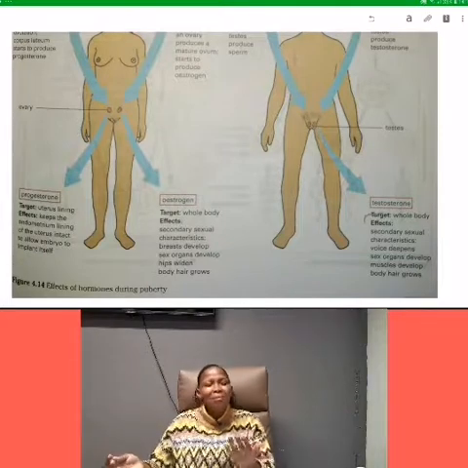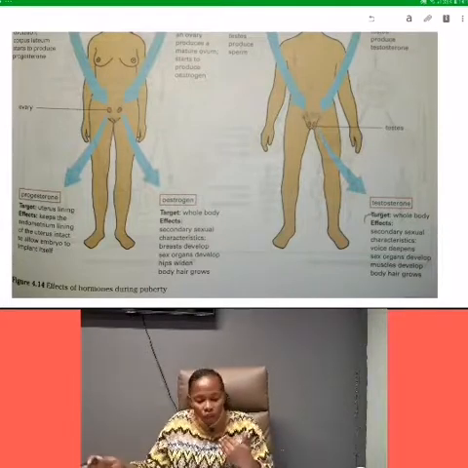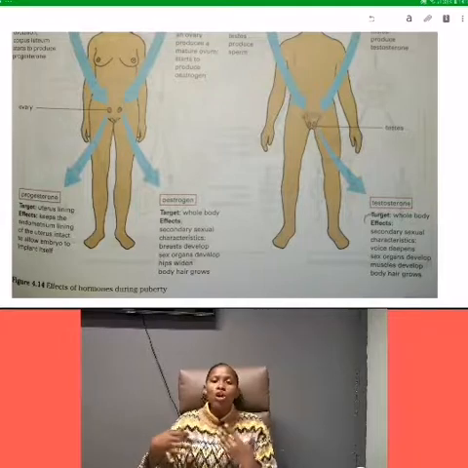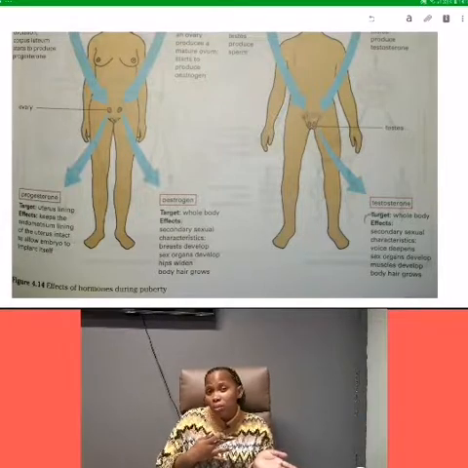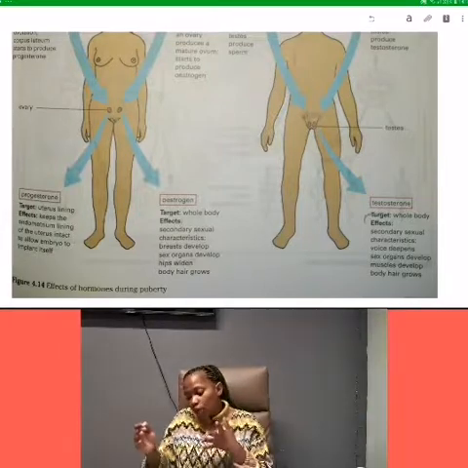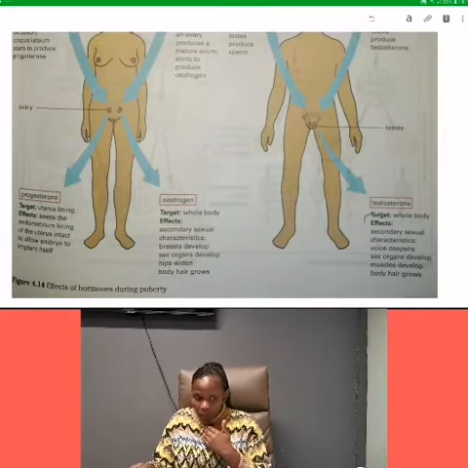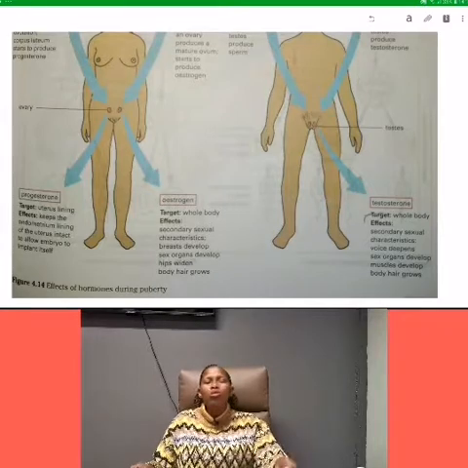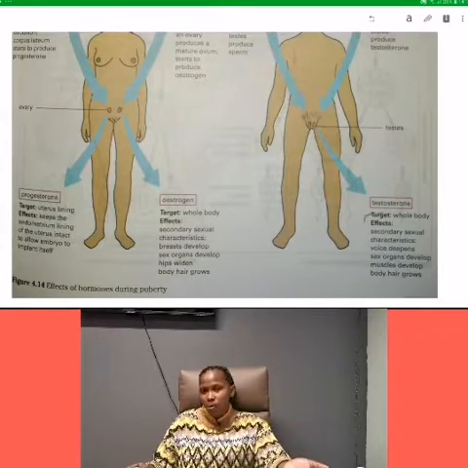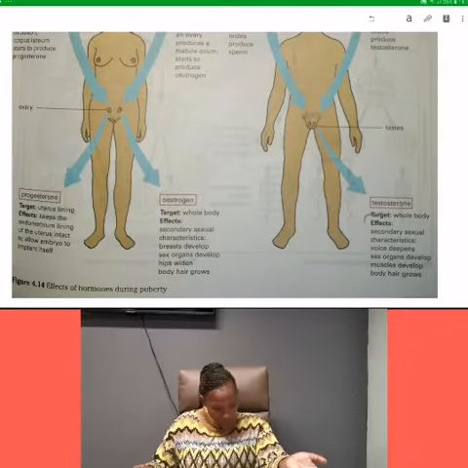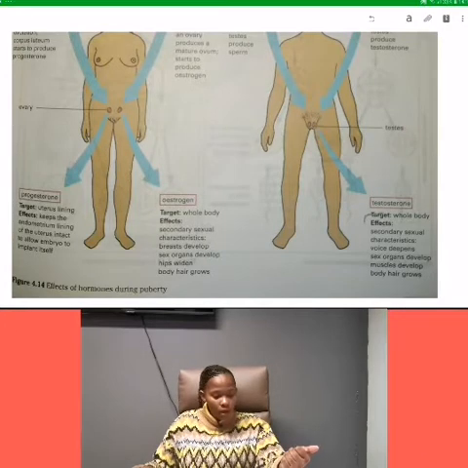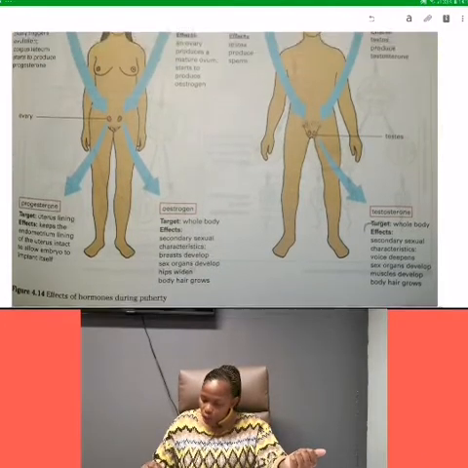So it has a similar, not exactly the same, role to estrogen in the female body. But here it's responsible for the changes that occur in males. So it's responsible for most of the changes that occur during puberty. Okay, so that is about it. That is the hormone change